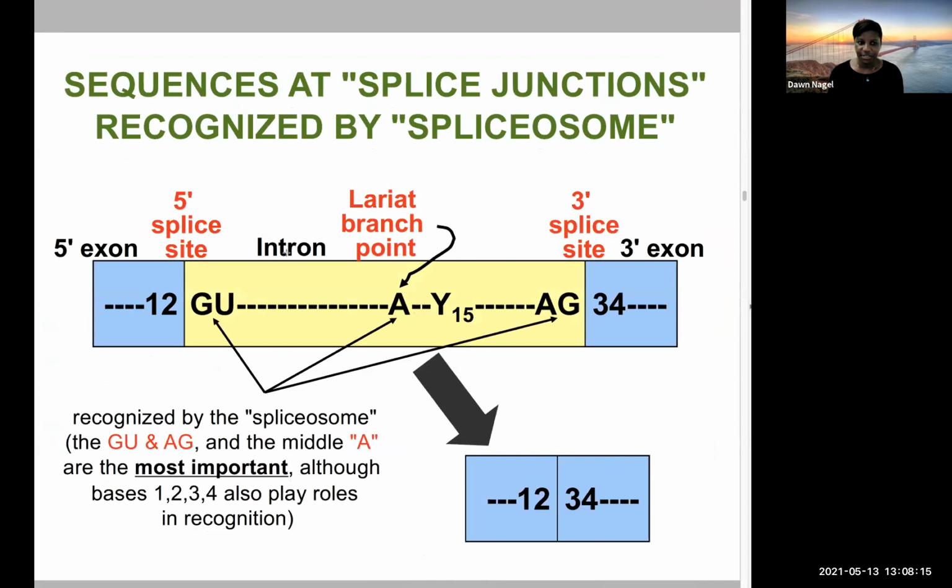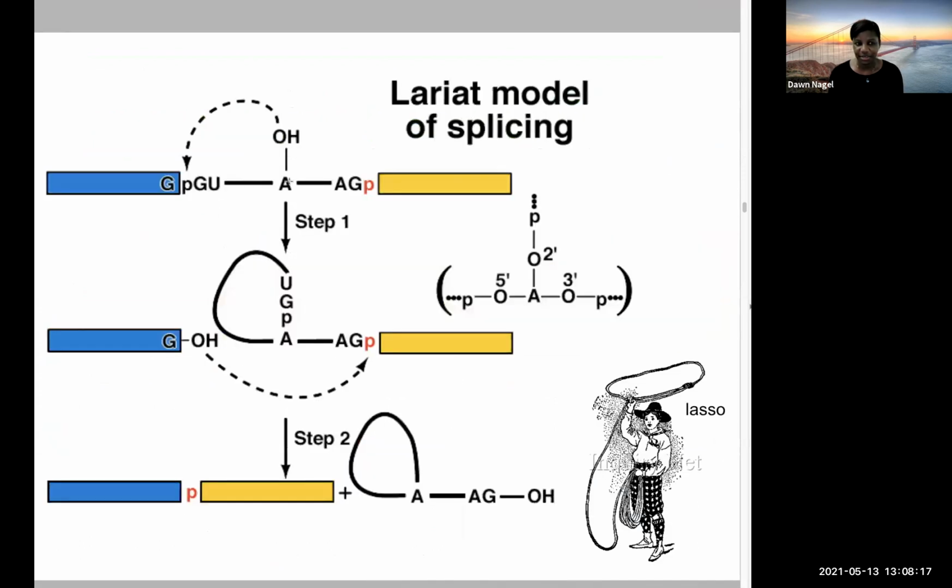So you have this structure. What happens is that the 3' hydroxyl from this adenine attacks this 5' splice site region. It attacks the phosphate that's here, because a phosphate makes a 5' phosphate, 3' OH. They can form a bond, right? The phosphodiester bond. And so it really evicts this